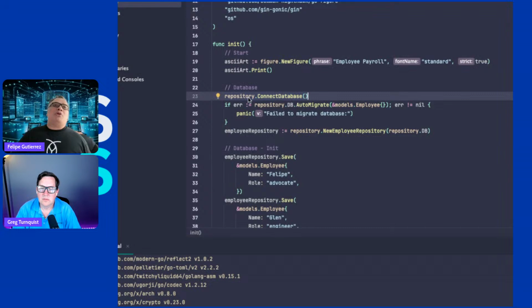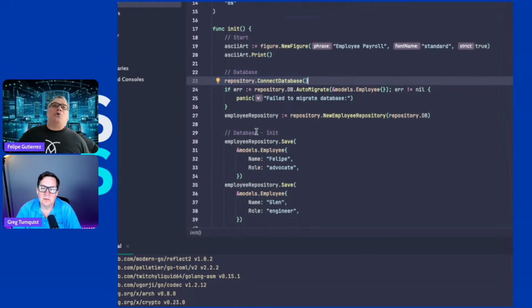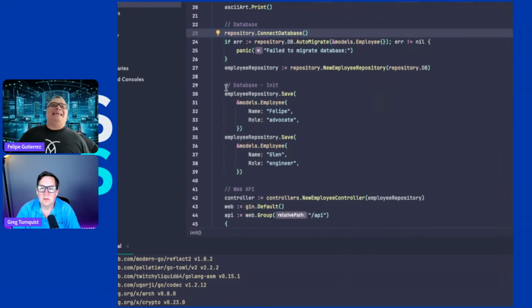And of course, remember, we have the repository. We are wiring up right now a new employee repository. It's going to be the DB, and that's the employee repository. Now, take a look. I'm doing a database initialization. In this case, I'm going to save two: Felipe, an advocate role, and Glenn, an engineer, and later on, we're going to add more